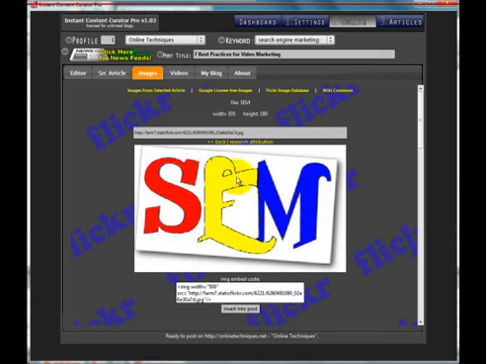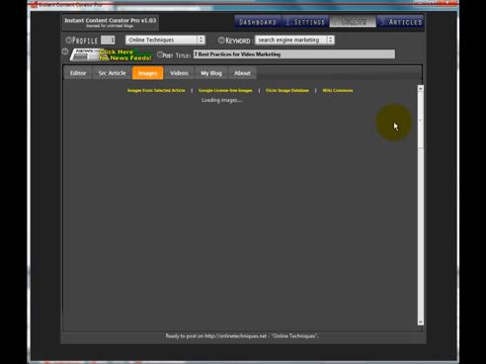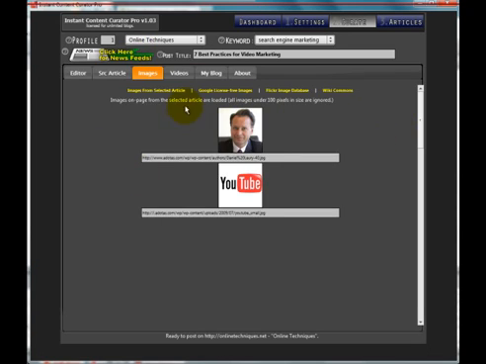Now there's different ways. If I click Google license-free images, it'll open up my browser and show me Google license-free images based on search engine marketing. I can go to Wiki Commons and I can find them there. In this case, the simplest thing for me to do, and the best, is I'm going to put the author's picture up. Okay? He's right there. Watch this. I'm going to take this